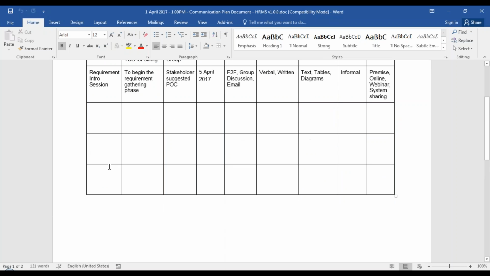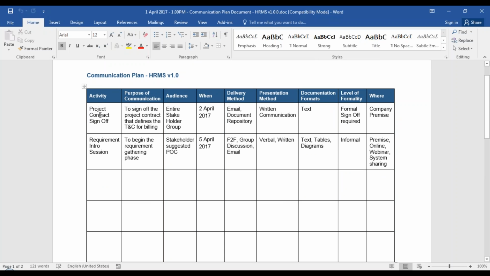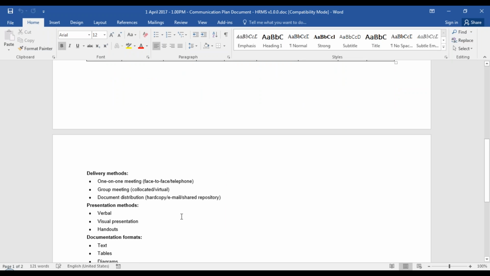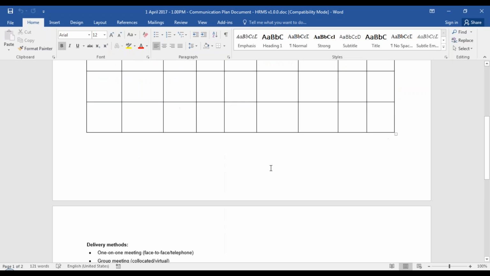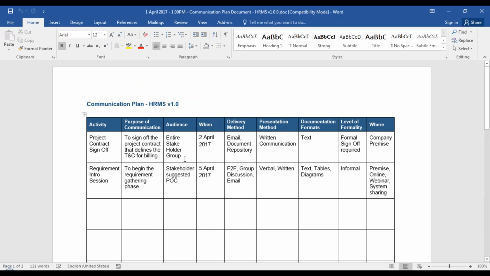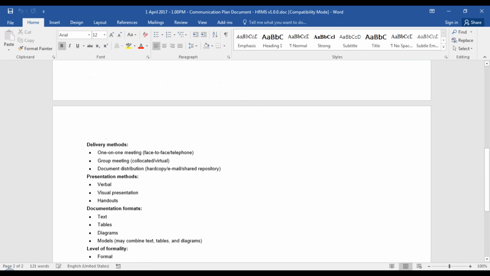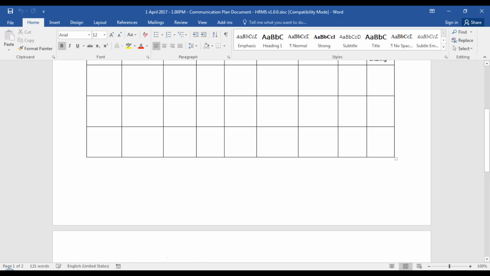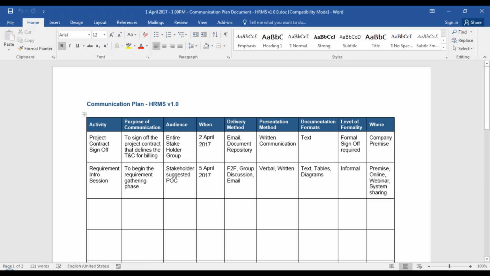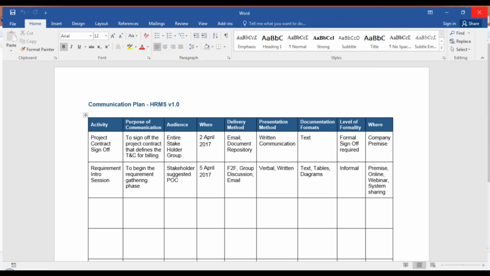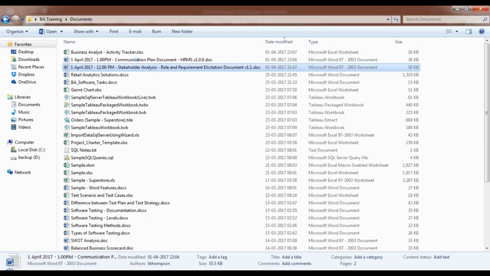If you see here, we have the activity, that is project contract sign off, purpose of the communication, audience, when, what's the delivery method, types of delivery methods, presentation method. Each and every template will have a description of what kind of value you can fill in. So this is a sample communication plan that I've filled in.